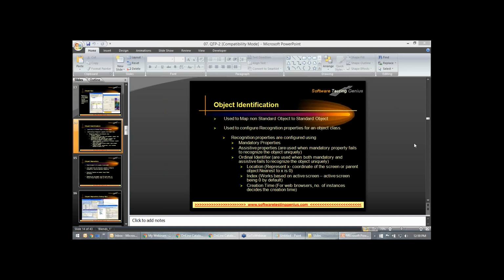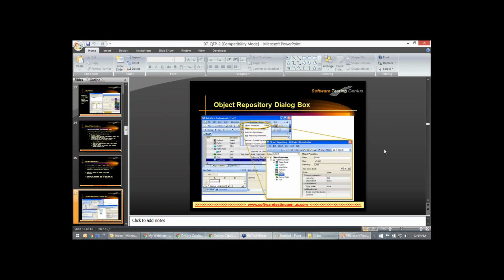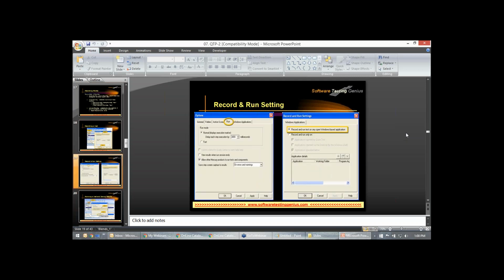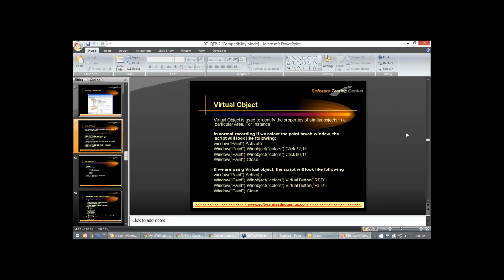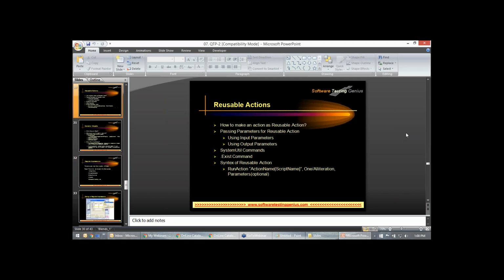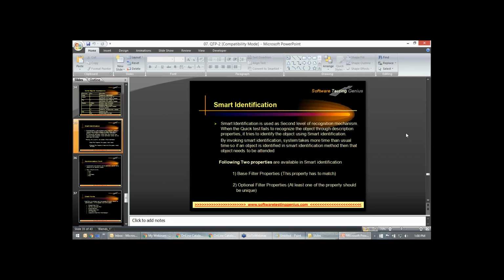No, this has nothing to do with Rally. I have not personally seen QTP being used with Rally. But of course, you can use Rally to pull out the test scripts. Otherwise, for test cases and all those things, of course you could write them, because Rally is a test management tool and QTP is an automation tool. Now you have all the access to the Google Drive, so you can go ahead and download it and go through QTP. So you will be familiar with how to use it, and you can work on that.